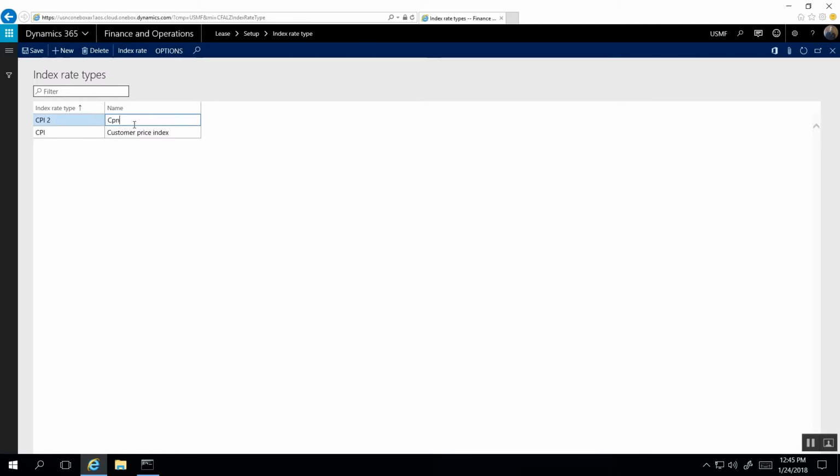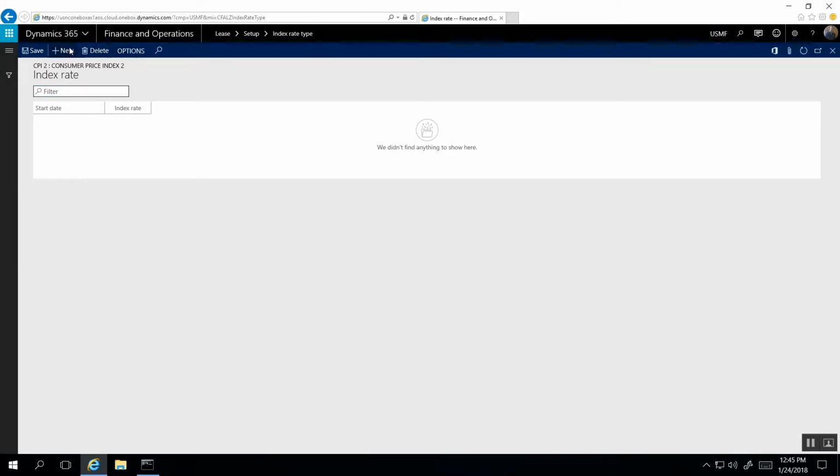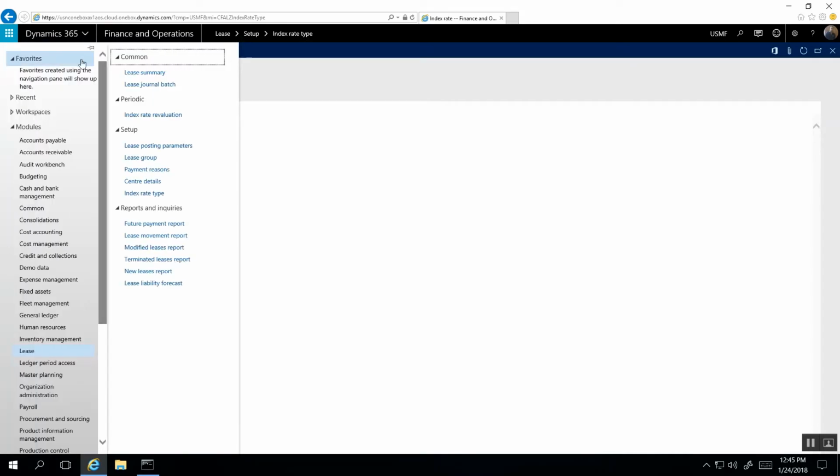The name, Consumer Price Index. And then to actually add the rates, we can click Index Rate and New. And so we will begin this lease on 1/1/2016. So at 1/1/2016, the index rate was 125. And then the guidance says that 2 years later, on 1/1/2018, the index rate jumps to 135. Okay. And once everything looks okay, we can click on Save. And now we can enter our lease